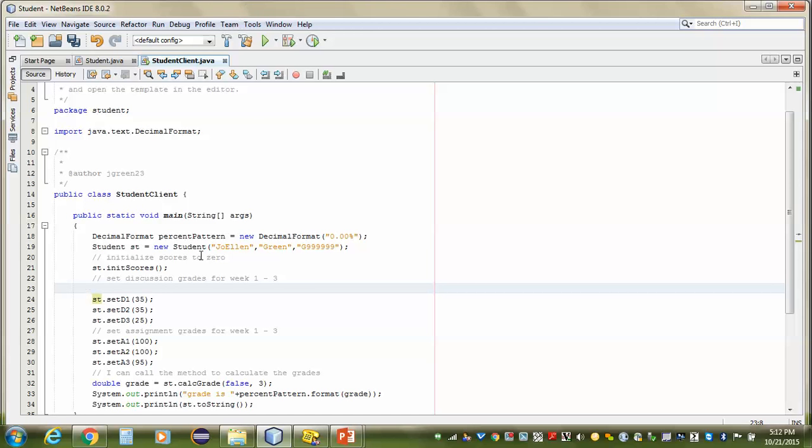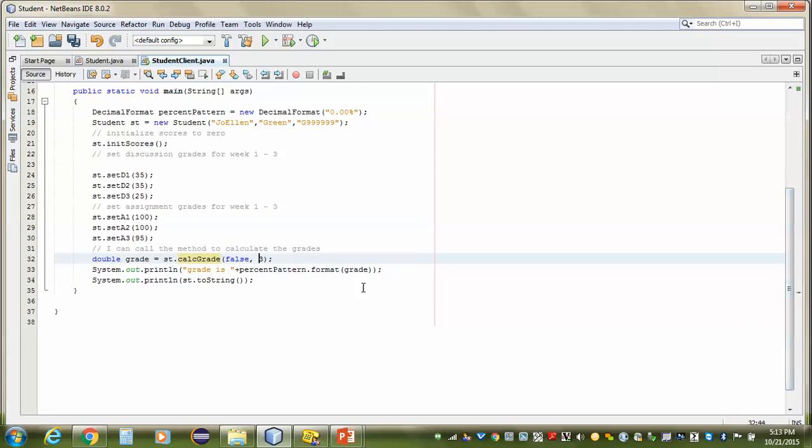Now notice that this is a local variable called grade, equal to st.calculateGrade, and I'm saying that no, we haven't taken the midterm yet, and we have three different scores that we've entered. And what we're going to do here is print out the grade as a percent pattern, and then we're going to print out the string. So let's go ahead. I'm going to save it,